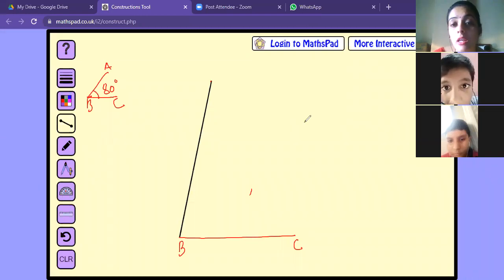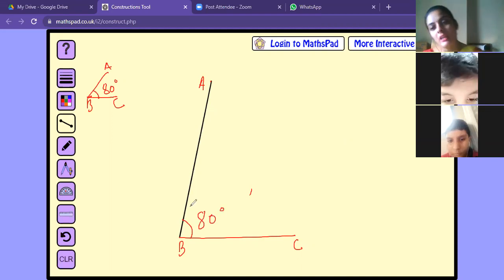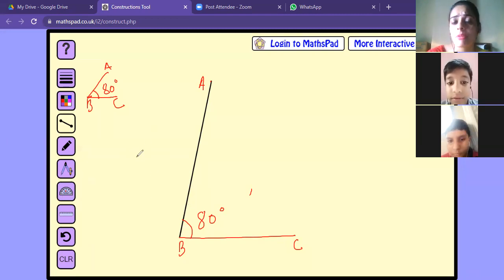Okay. Now see, what do we have to label this? It is A, here B and C. And what is the angle over here? We will write it's 80 degrees. Is it clear, both of you? We have to place a protractor where? At the vertex, right? And then we take that measurement. Afterwards, we have to label it. This is one example where the measurement is given.